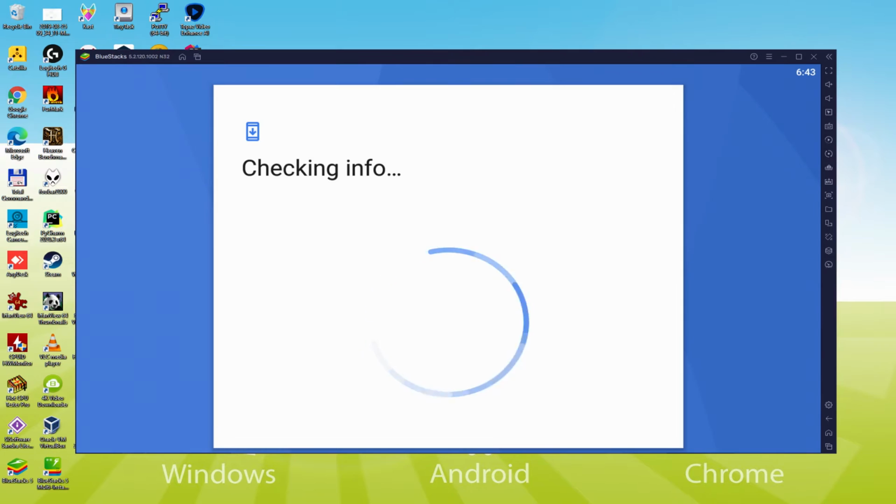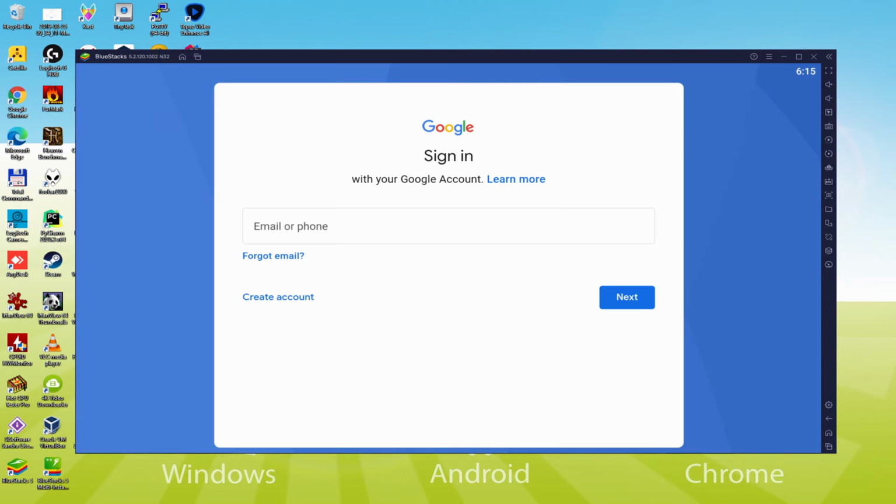Now it announces Checking Info. It can occasionally get stuck at Checking Info, and not progress. If so, you should try to connect to your account after a number of hours and it'll quite likely be resolved. Now we shall enter our email address and password. The email should be a Gmail email address and its associated password. As an example, you may use the very same email you use right now in your YouTube account.